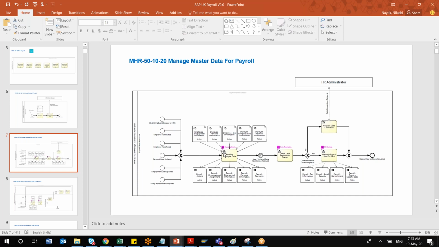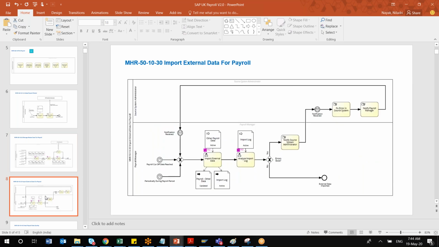But one thing you have to remember: suppose if you're working in a SuccessFactors environment, OMPA must not be integrated. That is one of the key things, because when the OM is taken care of in SuccessFactors, you need not integrate that logic or that switch. If you recall that switch, that should not be maintained. That is a note for you to take care of whenever you are working in a SuccessFactors environment. So this is the step where exactly we maintain different pay master data related to the employee, and there are certain master data related to payroll, for payroll specific info types. That is maintained. This is nothing too difficult to understand, so I'll quickly go through this.